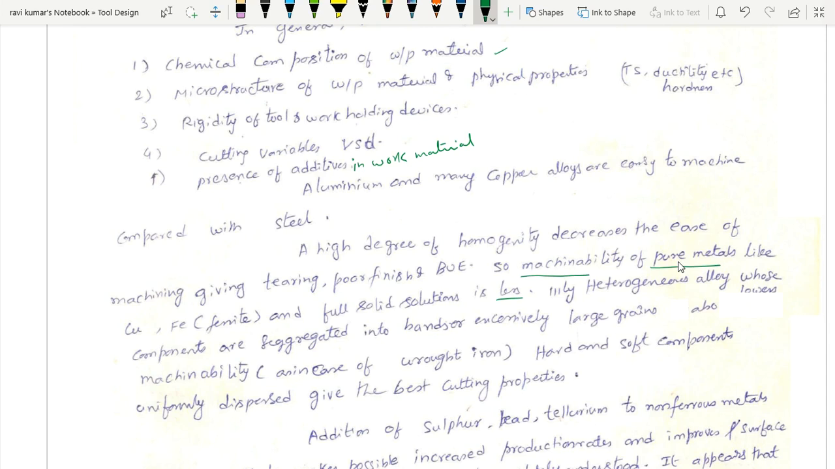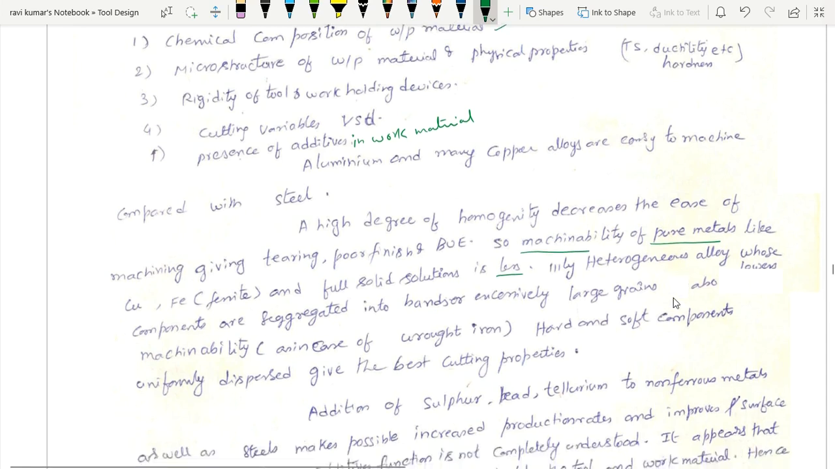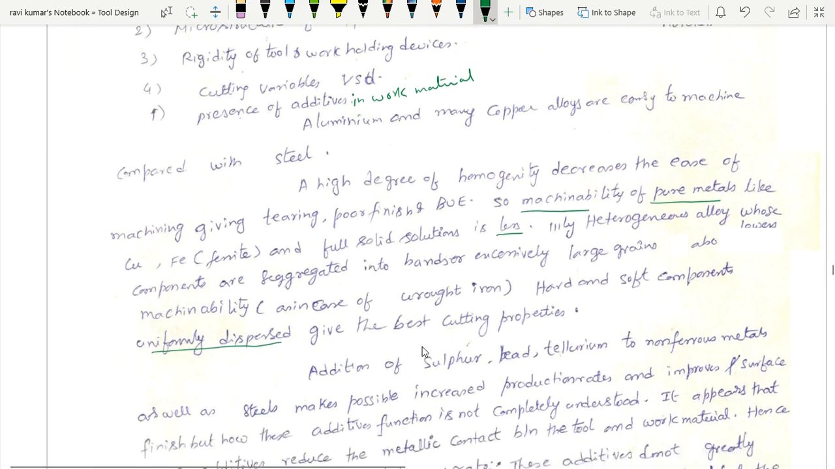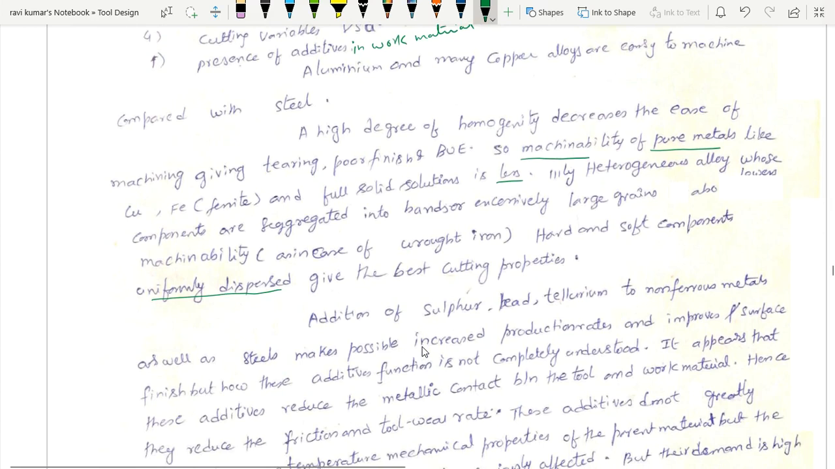Similarly, heterogeneous materials, that means you find some materials included into the work material. Even in that case, if they are dispersed properly, that is going to give best cutting properties. So the constituents, if they are there, instead of being pure, they are distributed uniformly as fine particulate, then the cutting will be convenient. On the other hand, if there are segregations, such as in case of wrought iron, the cutting is not so easy,